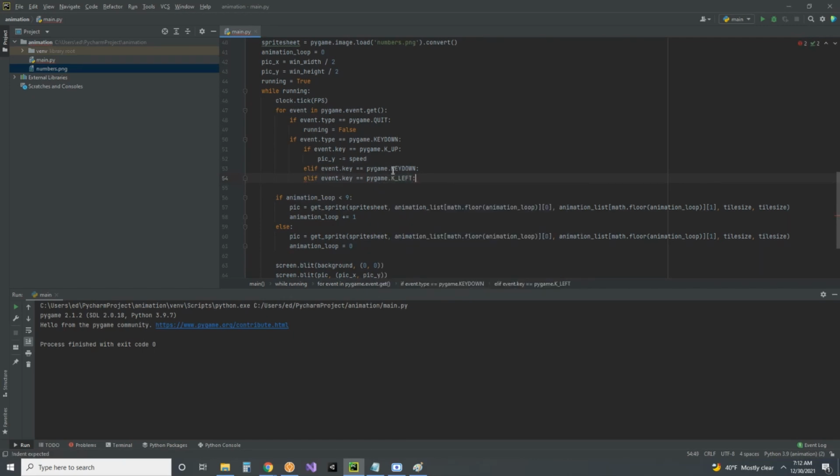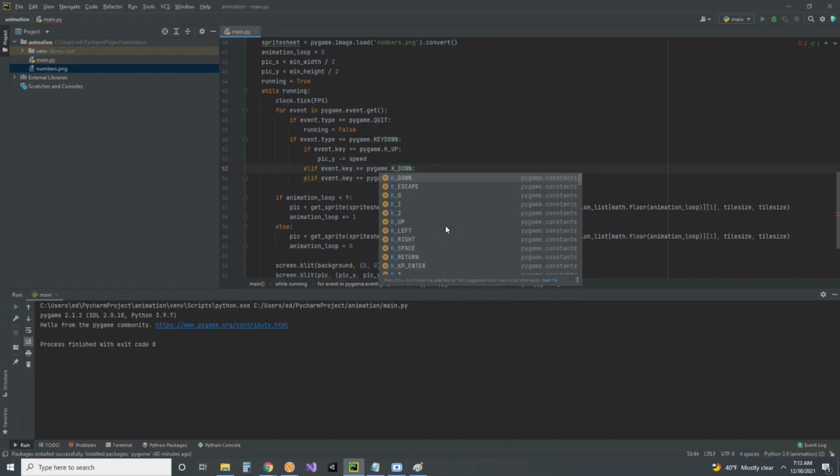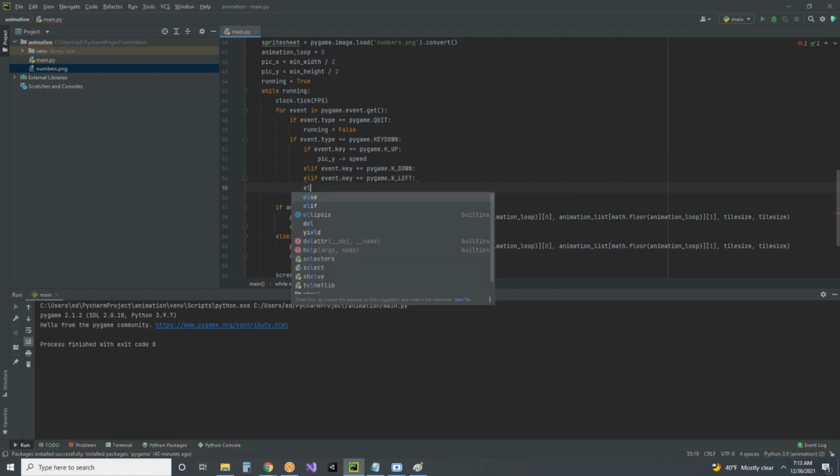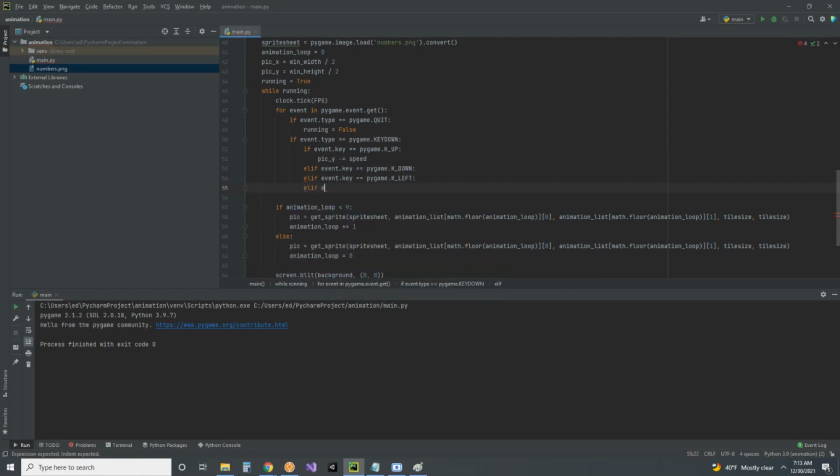Now be careful when you do this. See how I accidentally put in key down? You want it to be k underscore down. And then elif event.key